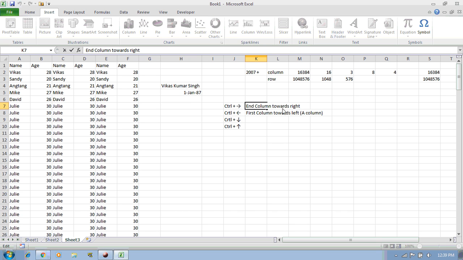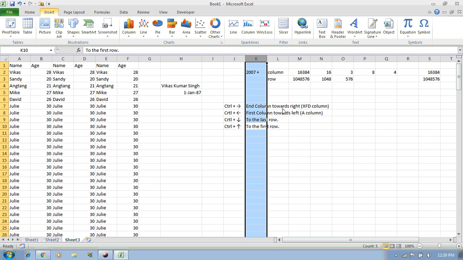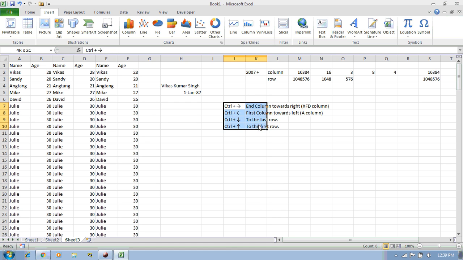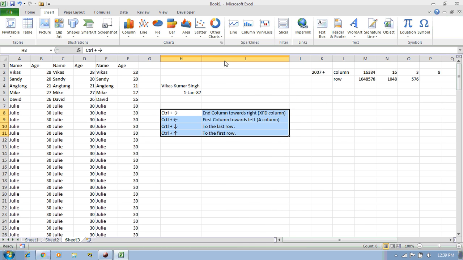And the same like this, I would say XFD column, to the last row and to the first row. And let me adjust the width here.